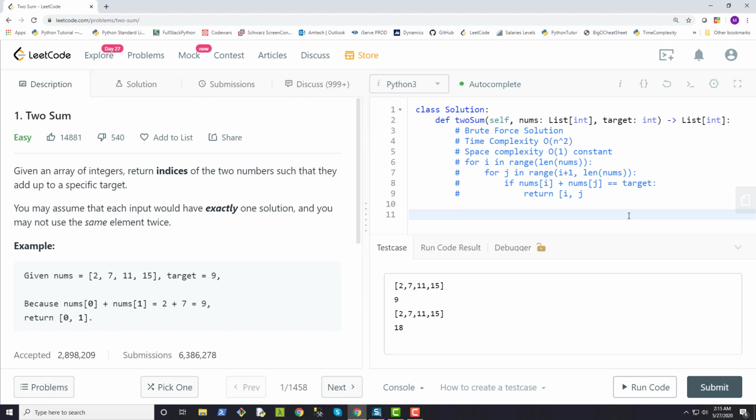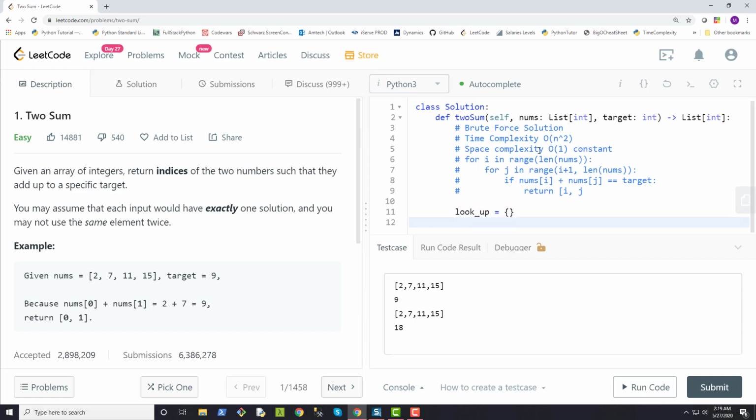All right, so let's go ahead and come up with a better solution here. First we need our hash table. So we'll create one. I'll just call it lookup, and it's a dictionary. And then we can do our loop utilizing the enumerate function, a built-in function of Python, which will give us its indexes and its value. So for i, v, short for value, in enumerate